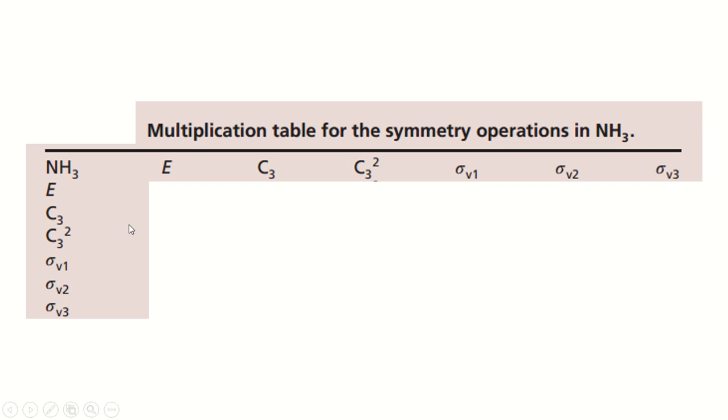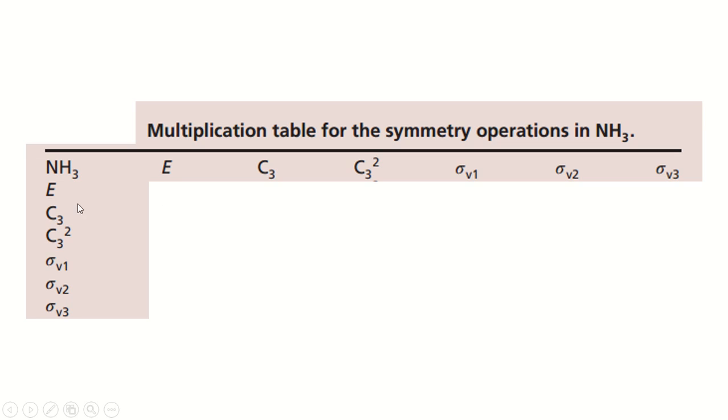Now we have to commute the symmetry operations from the row to the column. It means we have to commute this identity with this identity, then this identity with C3, the identity then with C3 twice, identity then with sigma V1, identity with sigma V2, and identity again with sigma V3, and we have to write the results of their commutation